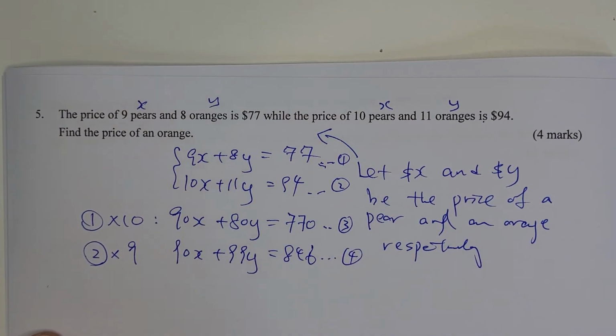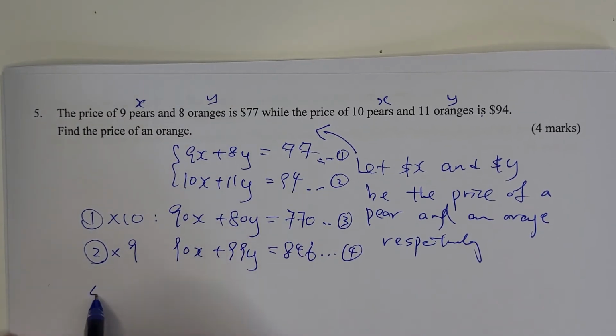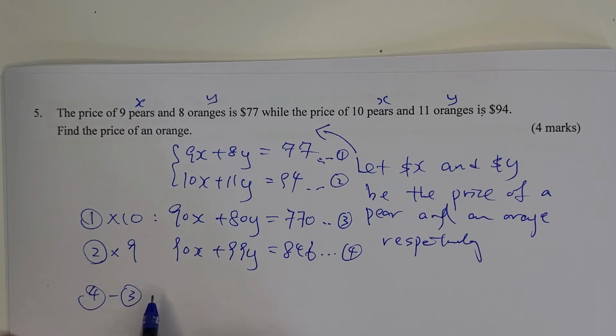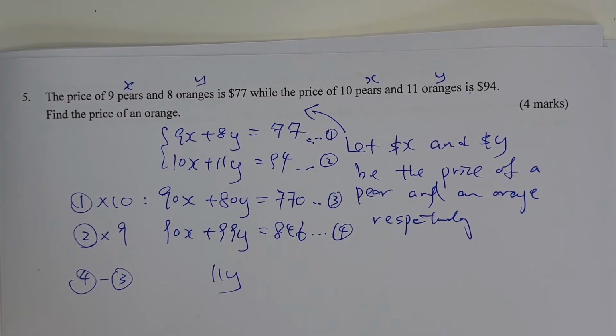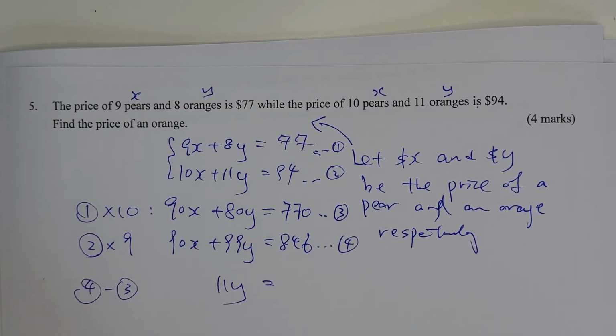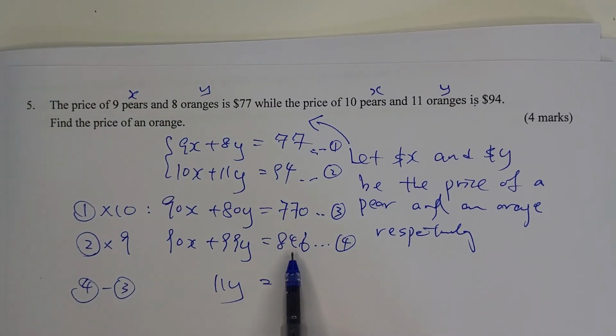That's called equation 4. And hence, I will do the subtraction of equation 3 from equation 4. So you will find that 90x will be cancelled. 99y minus 80y, it will become 11y. And on the other side, 846 minus 770, they will equal to